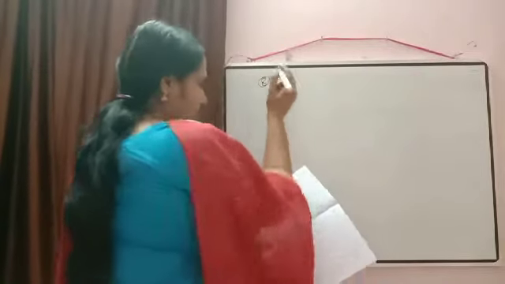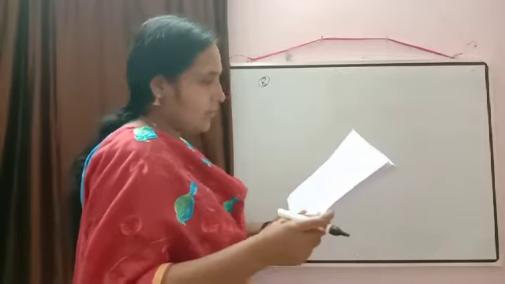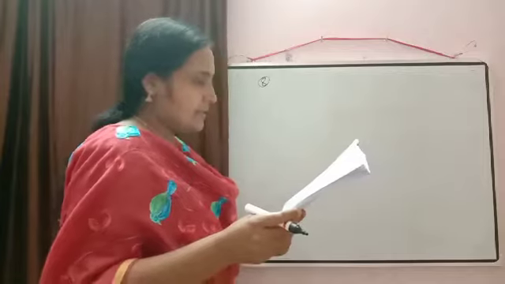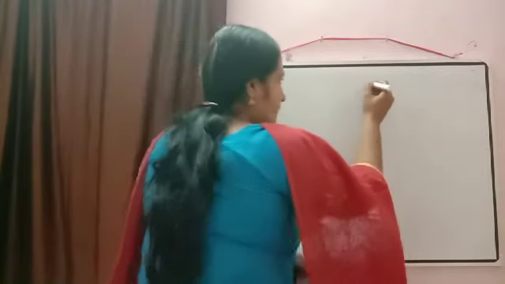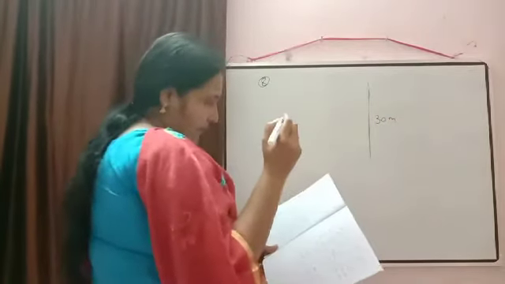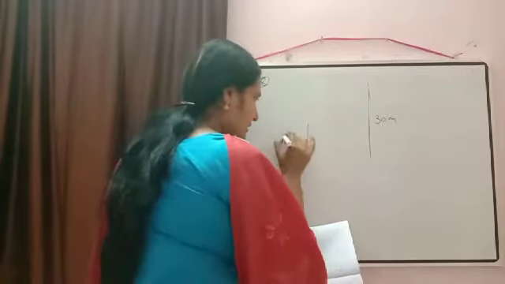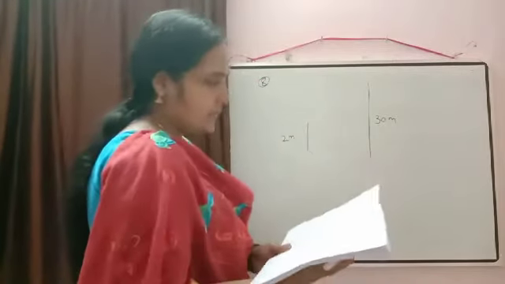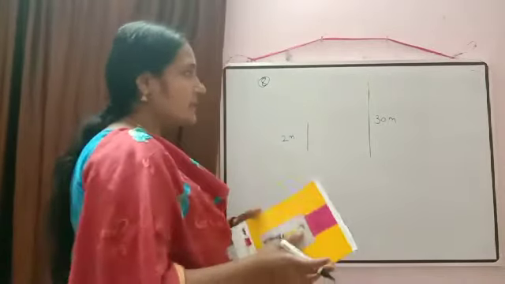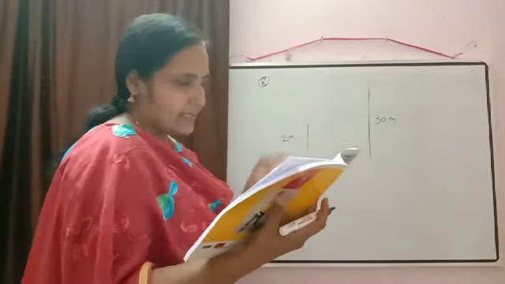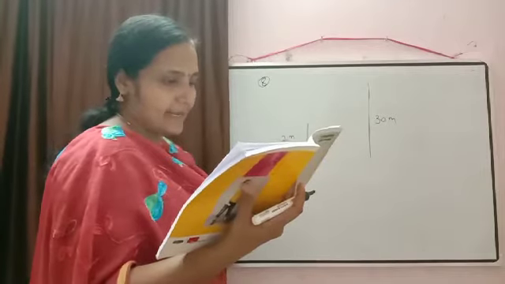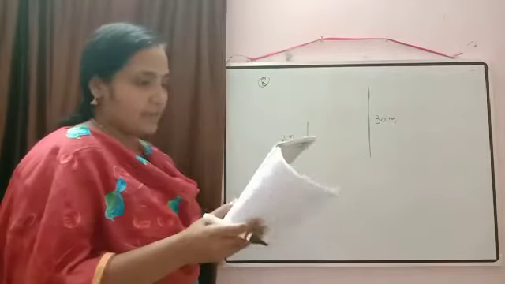Now next question is question number 8. A 2 meter tall boy is standing at some distance from a 30 meter tall building. So we have a 30 meter tall building and a boy whose length is given 2 meter there. Height is 2 meter. The angle of elevation from his eyes to the top of the building.